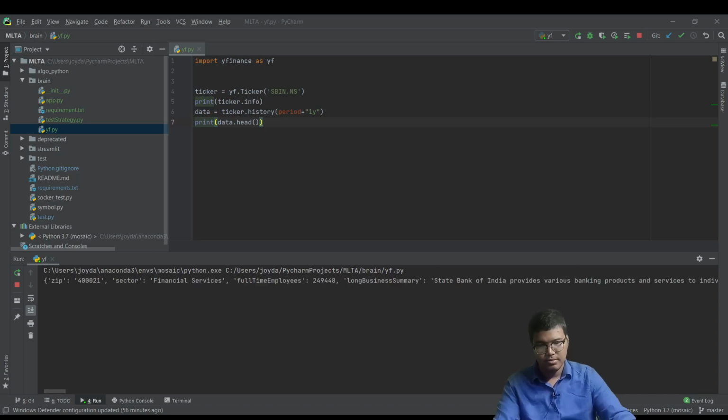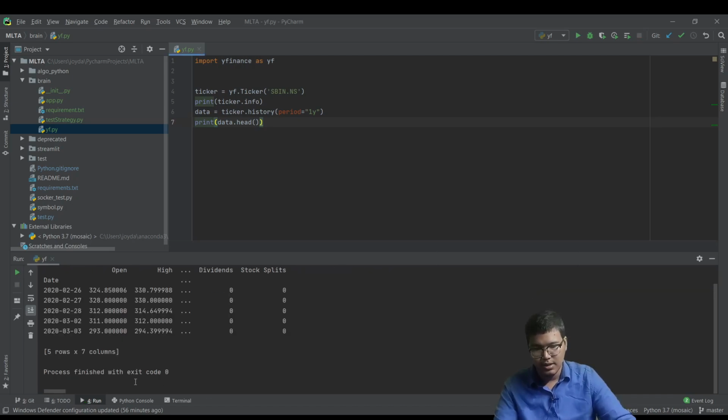So it is taking time, but don't worry, it will get downloaded. Yeah, so you can see it downloads the top. It prints the top 10 or 5 rows of that data. So you can see 26, the open price was 324, and the